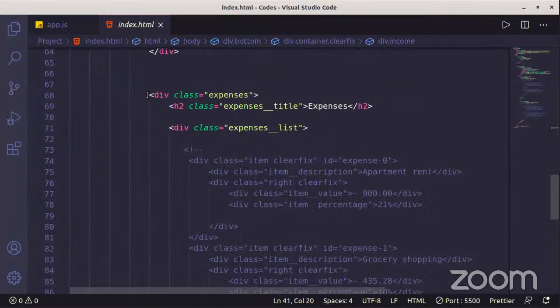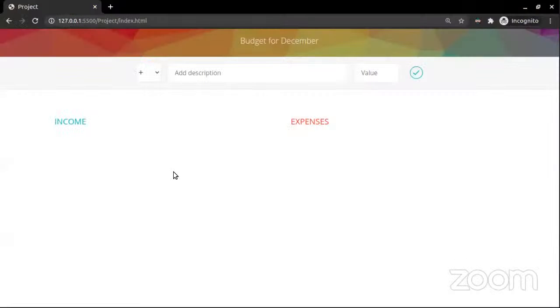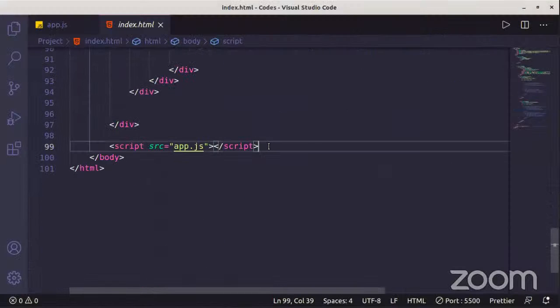And all the expenses will be shown here. You can also see it on the screen that all the income was appended below the income, and all the expenses on this right side below the expenses. Okay, and here, if you see on line number 99, I am